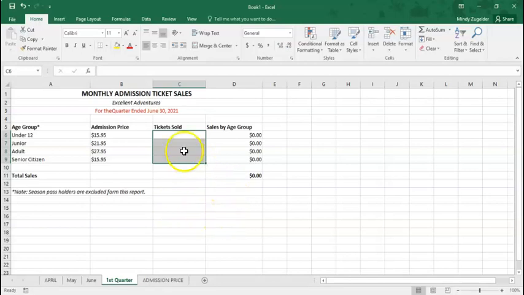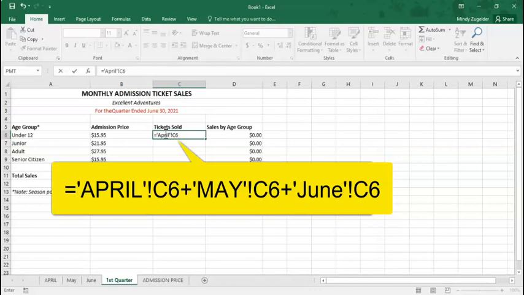And so we have a very special formula for that. So here, we're going to put the equal sign and an apostrophe, April, apostrophe, exclamation point, C6, plus, apostrophe, May, apostrophe, just one, not apostrophe, apostrophe, not a quotation, apostrophe, exclamation point, C6, plus, apostrophe, June, apostrophe,